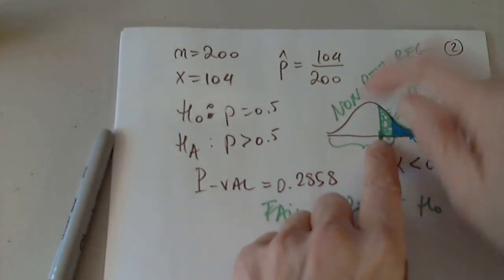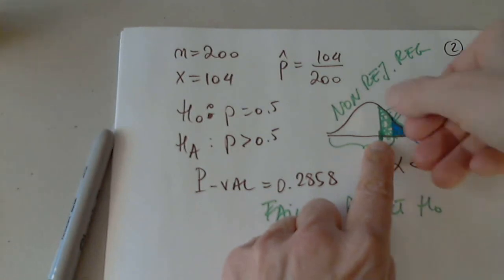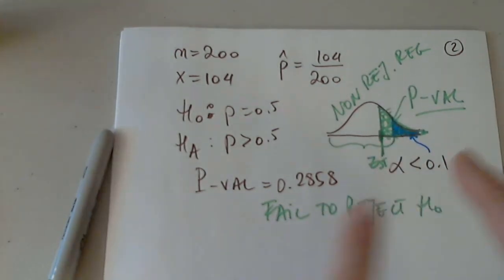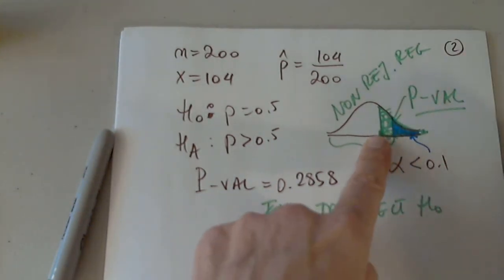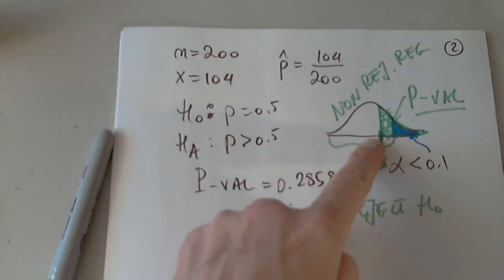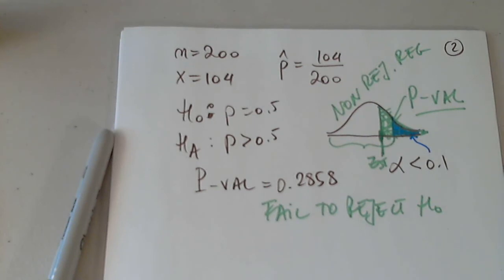But since I got it here in the non-rejection region, and the p-value is this big area, much bigger than alpha, I fail to reject the null hypothesis. It is not unlikely to get a number here from the sample, the next sample, the next sample, to get a number here or more. It's not unlikely. Okay, now I'm sharing,